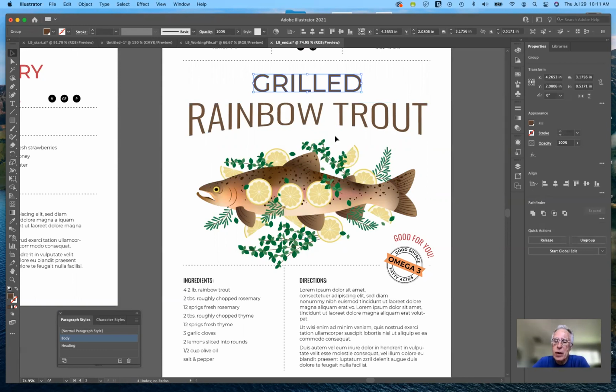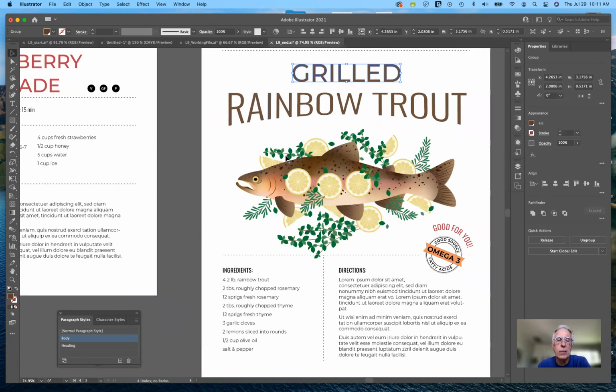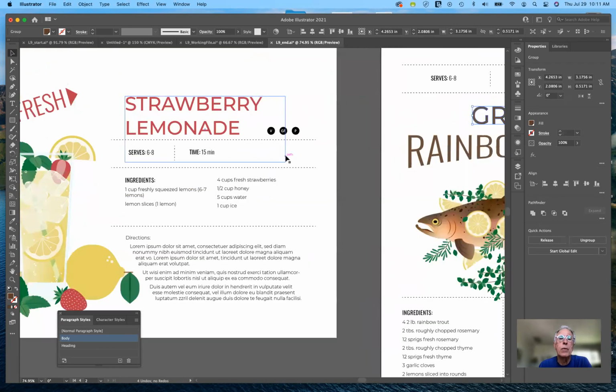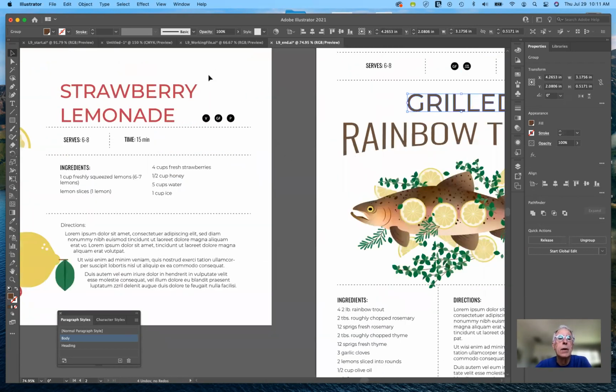Now, after you do that, it's no longer editable. So what I traditionally do is make a copy of that type that I've created, put it to the side, and then I can outline the type so that I can give the person a vector graphic rather than editable text. So this is the end,